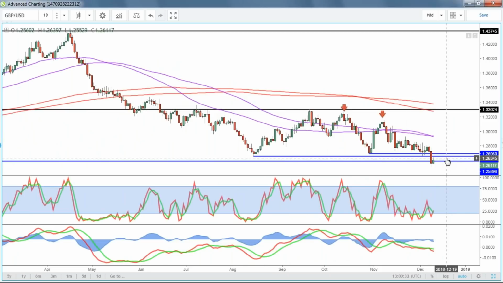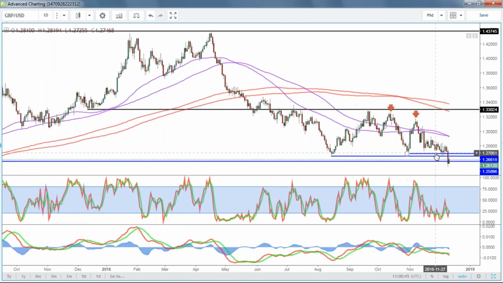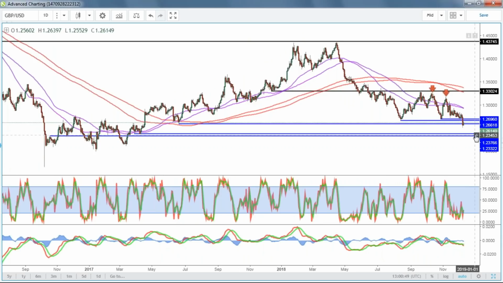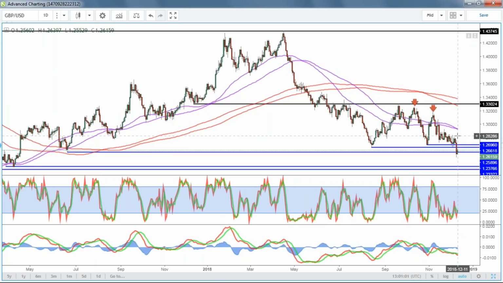This, for me, is looking bearish in the near term, and with good reason. From a fundamental perspective, it feels like there's far more that could go wrong for Theresa May and her Brexit plan, and therefore the pound right now could go lower. So I think the technical move here is very representative of that. And when we're looking for new levels, near term at least, 123, 123.50 really does look very feasible as far as I'm concerned. And in terms of the Brexit process, from there on in, the options that are open just seem to be